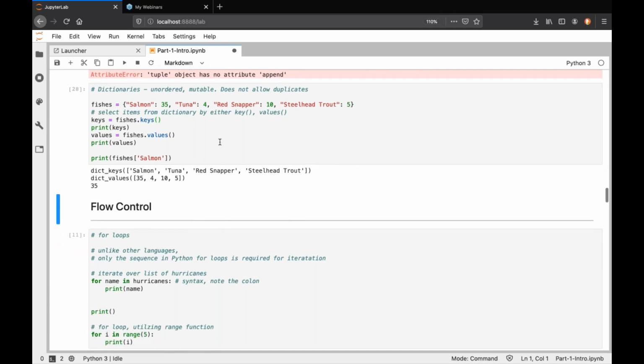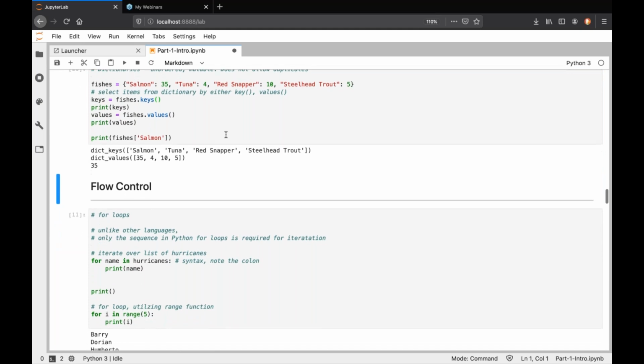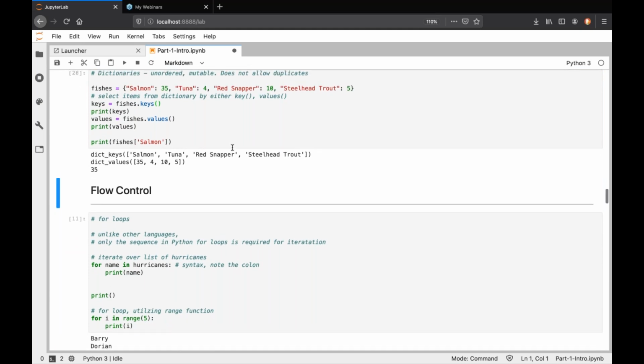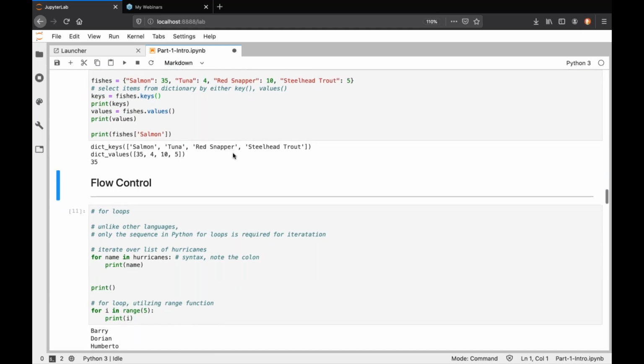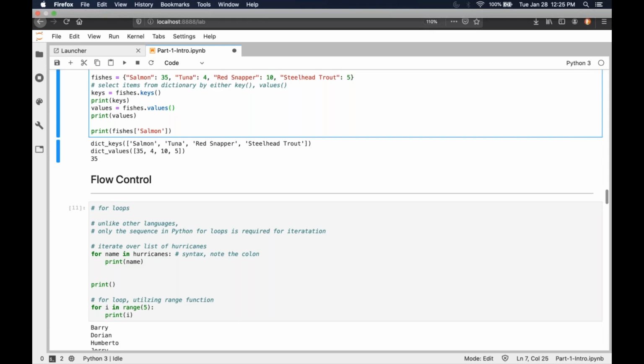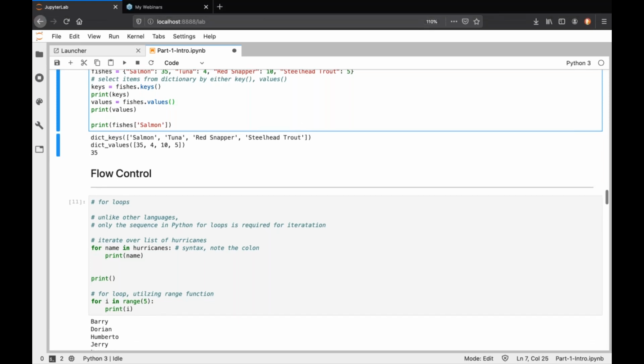I'm going to show you another important method when I cover the loops, or different aspects of flow control below. But if anybody has any questions,